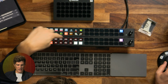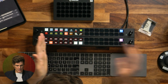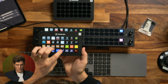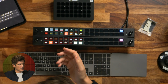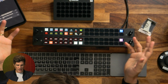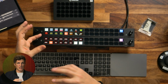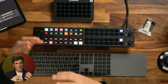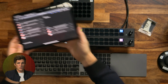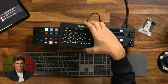The other thing is that these have wider keys, so you'll probably notice a little bit of black on either side of the key here, whereas with the XL, they fill the whole button. With the button software, this fills it full screen, so it's probably not something to worry about. I'll be curious once I get into designing the buttons if I have to think about square and wider ones, because with buttons, you still want to use something like an iPad and other surfaces, like the Stream Deck as well, to